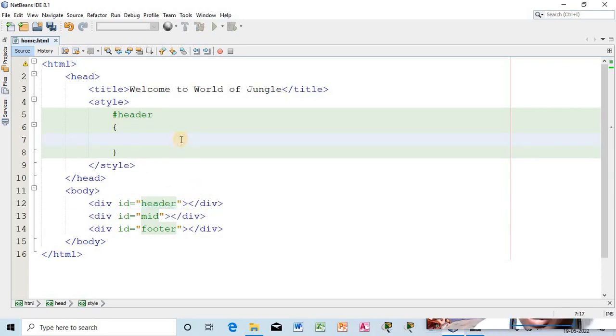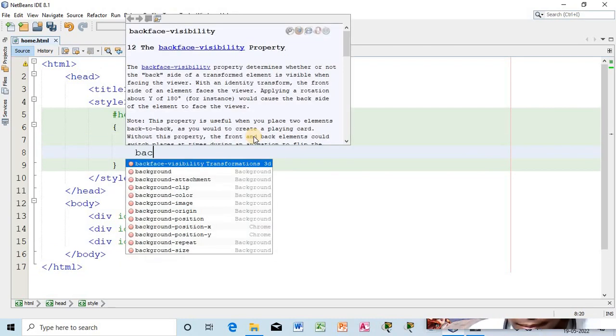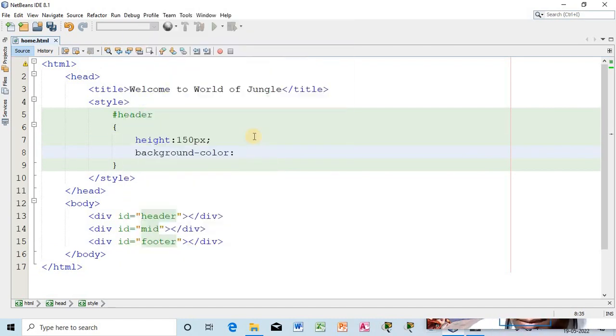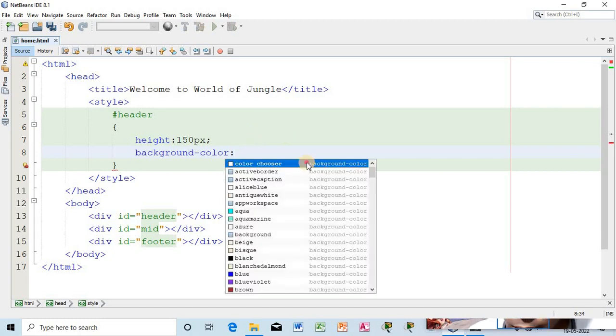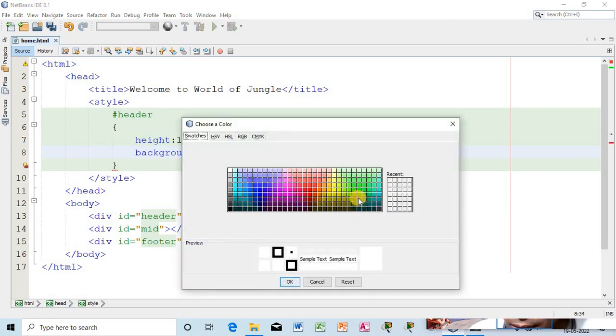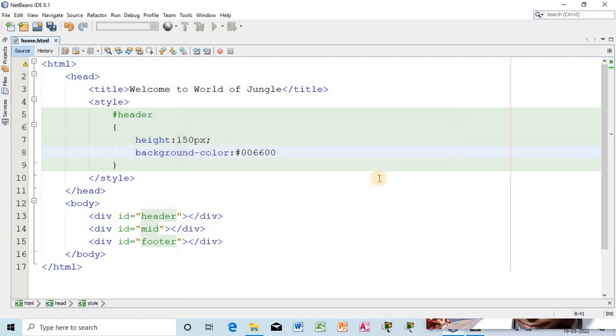The CSS property that we are going to use will be height. So height will be 150 px, right? And after that, background color. So you will put a background color here. Let it be this color, right? Now